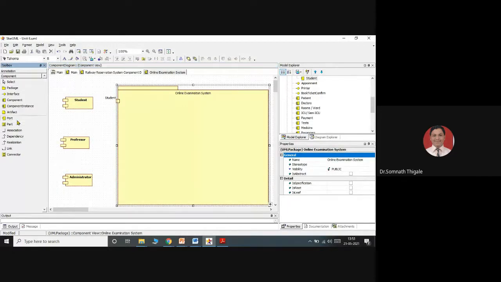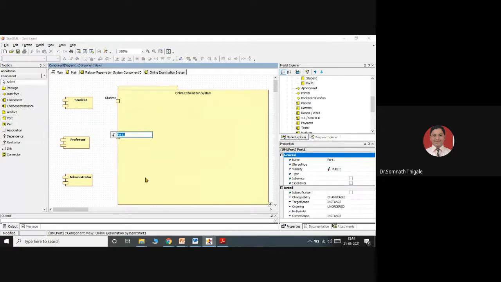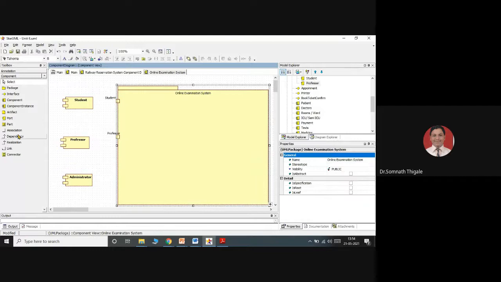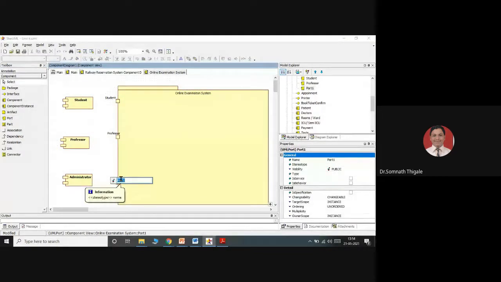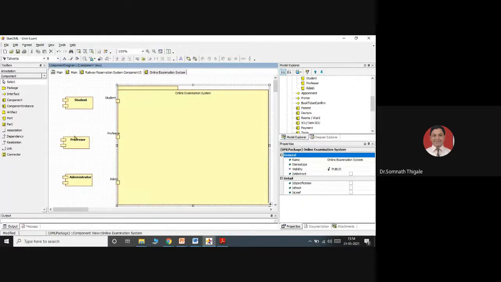So accordingly we have different ports over here. This port will be for staff, I will say professor. This will be only for the system administrator, so I can say admin port. They will interact only with the help of these ports.